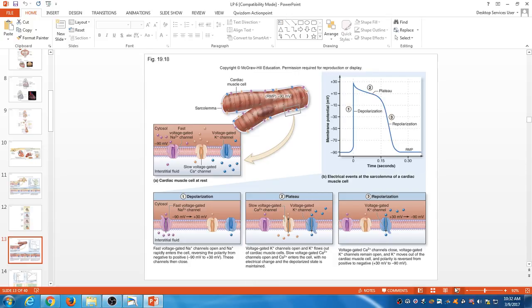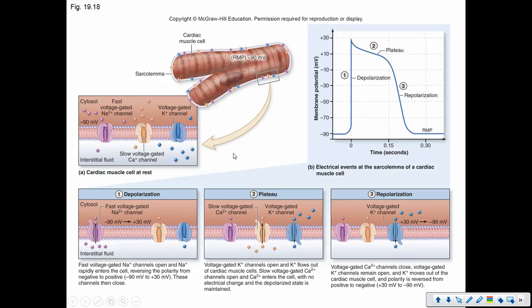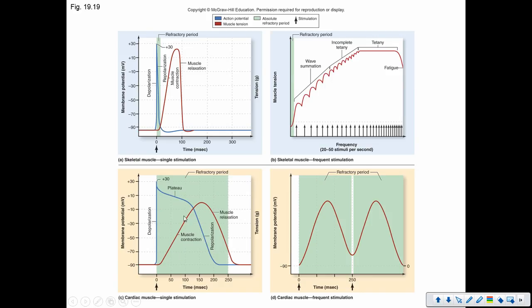One of the things about cardiac muscle tissue is that it has a relatively long refractory period, which means that you can't stimulate another action potential here. So this is what it's showing you here. So if you look at